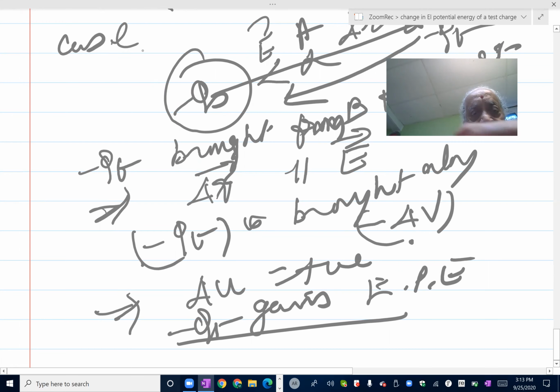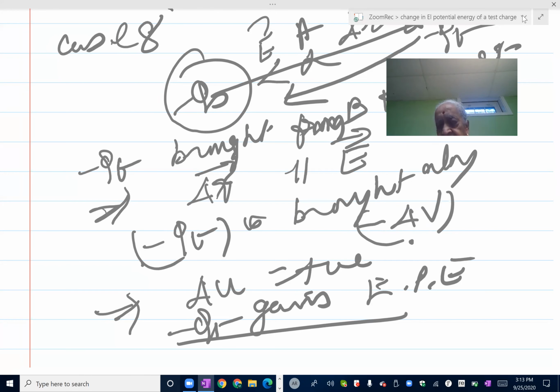So there were 8 cases in QS being given and 4 cases in electric field alone being given. We have discussed all these cases. All these are put in a nutshell in a tabular column. The tabular column will be child's play if you have understood electrical potential falling, which means delta V is negative, and delta R parallel to E means delta V should be negative. Delta R anti-parallel to E means delta V should be positive. All these things you should know.